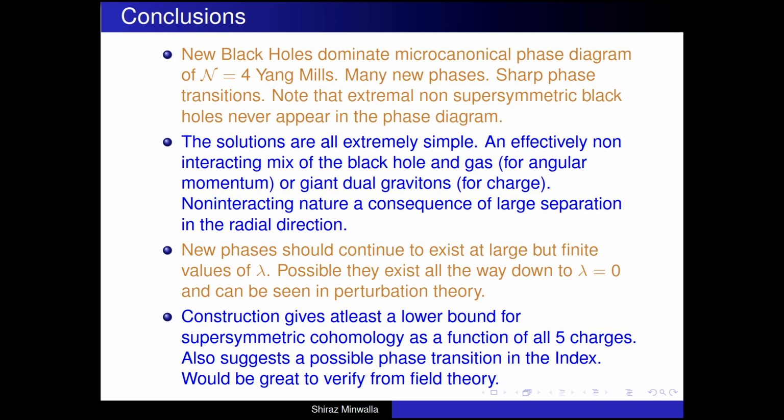Yeah. In the gravity, it's clear. They don't interact because they're separated in distance. This is a fantastic thing about AdS/CFT. Vaguely, what you want to say is that the operators that are turned on have such high dimension that they don't interact with this sea of low dimension stuff. That's the vague field theory intuition for this non-interaction. But this may be only really precise at large lambda. At lambda of order 1, they may start interacting because locality goes away. I should emphasize that I believe this phase diagram does not change qualitatively as you take lambda away from infinity. Large but finite lambda, same phase diagram.